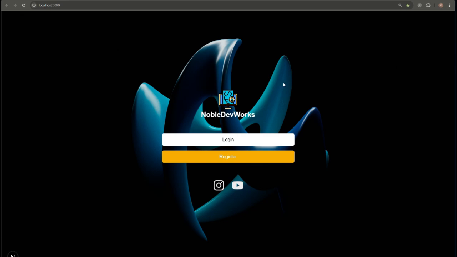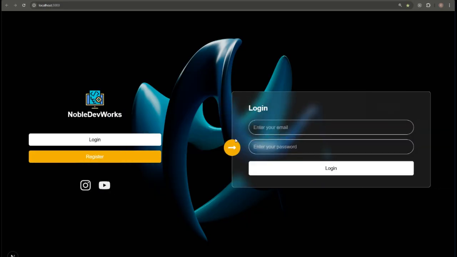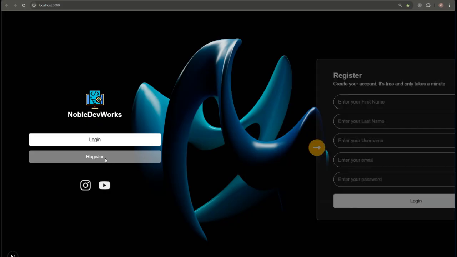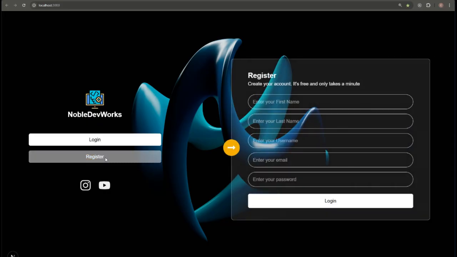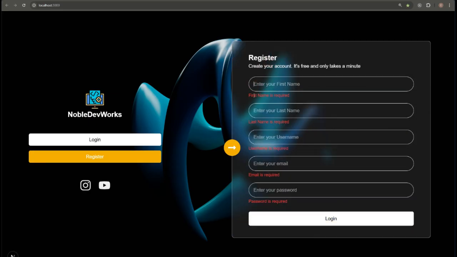So we'll have this section, then whenever you click on the login, it slides in. Same thing happens with register, login, register. Then for using the React Hook Form, you see if I click here, you see